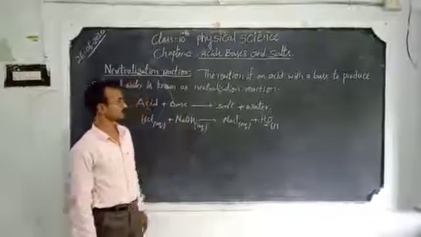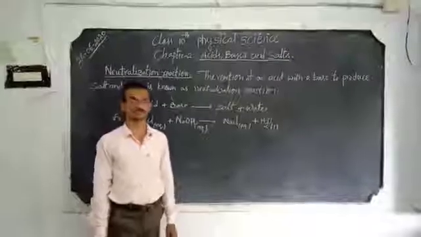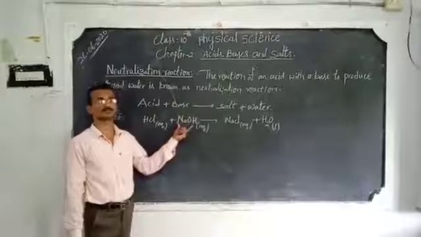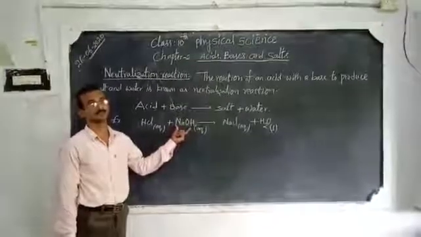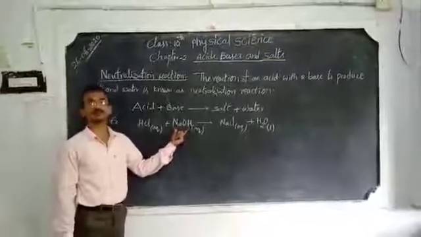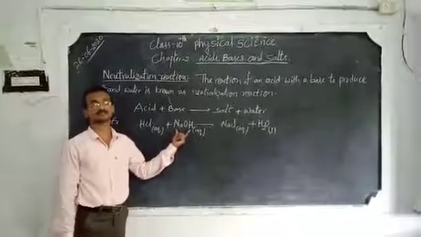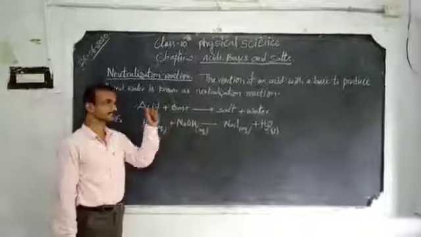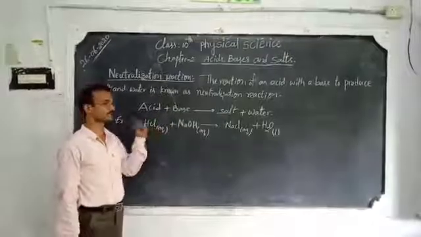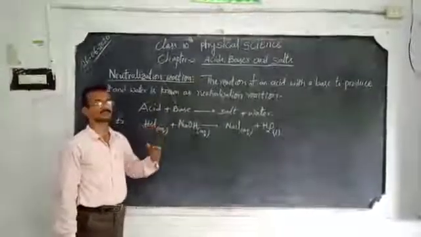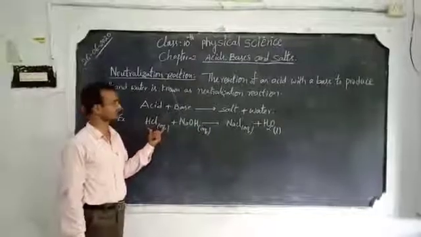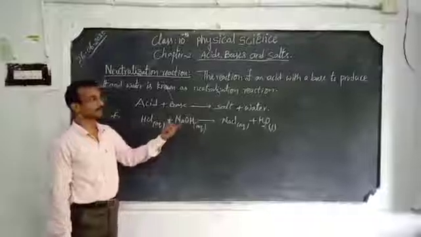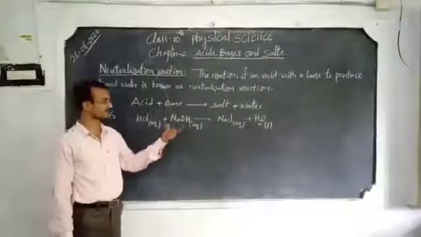To prove this neutralization reaction, we can conduct an activity. Take about 2 ml of sodium hydroxide in a test tube and add 1 or 2 drops of phenolphthalein indicator. Sodium hydroxide is a base, as you know. A base in the presence of phenolphthalein indicator gives a pink colored solution. When we add hydrochloric acid dropwise to this pink solution, after a certain number of drops the pink color disappears. The pink color shows only in the presence of base.